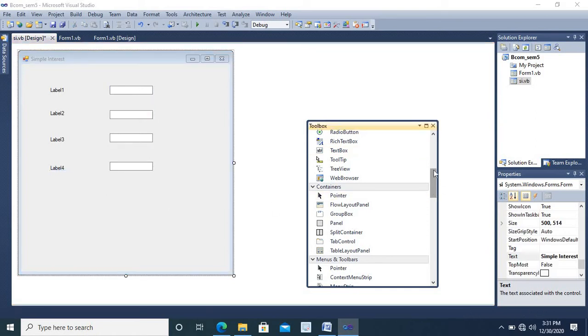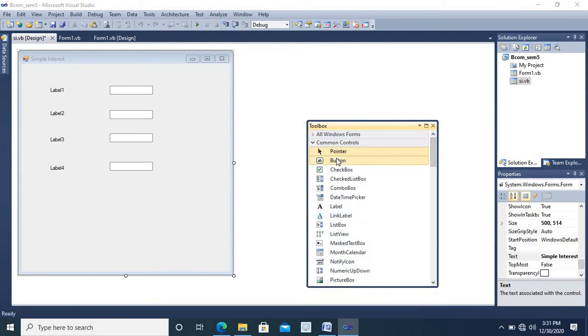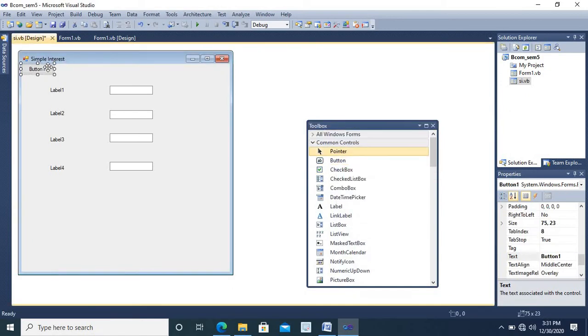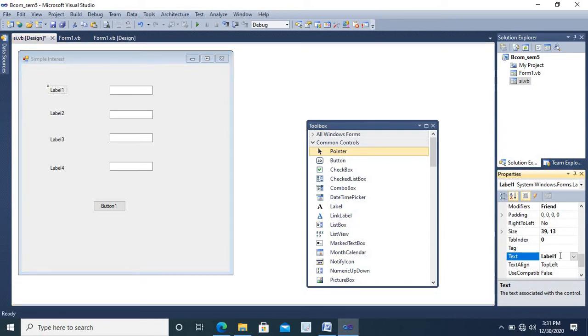We need to add a button once all the controls are placed. We need to change the properties. So for label 1, here we want the title as P, or enter principal amount, which can be given by using the text property.